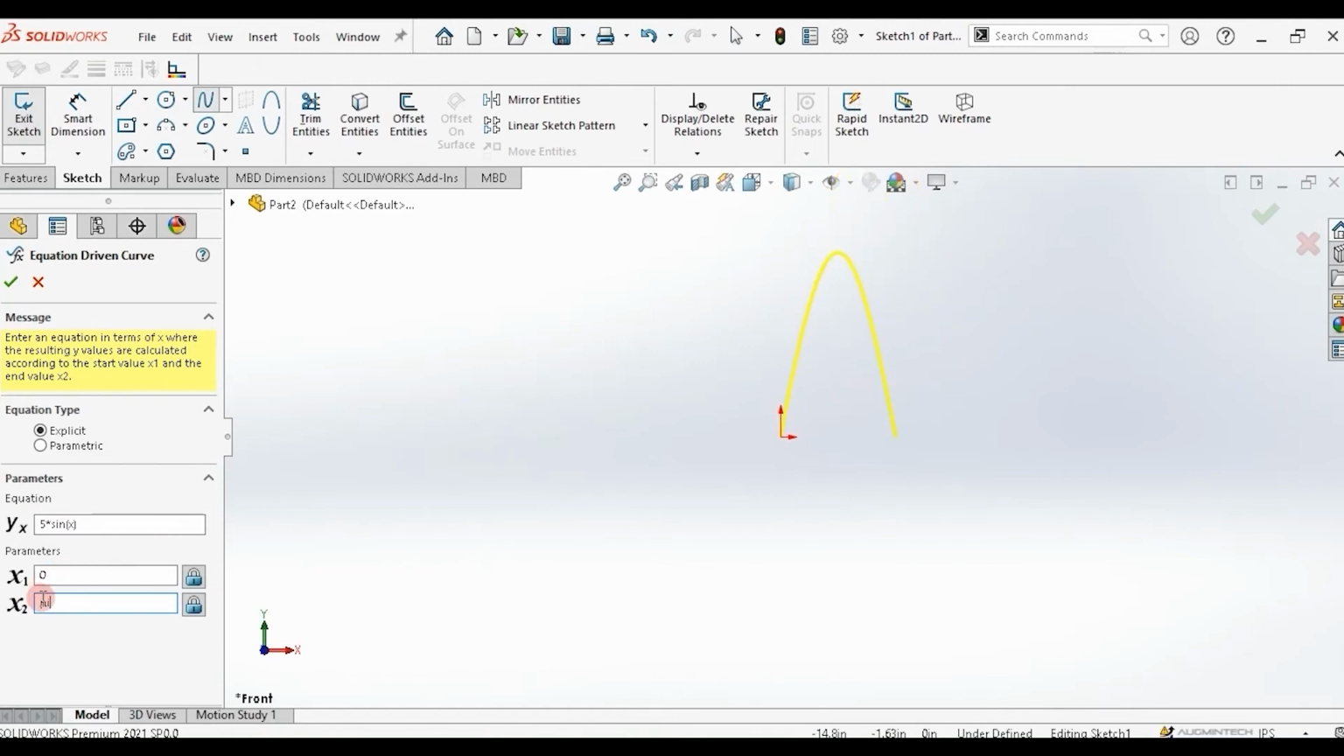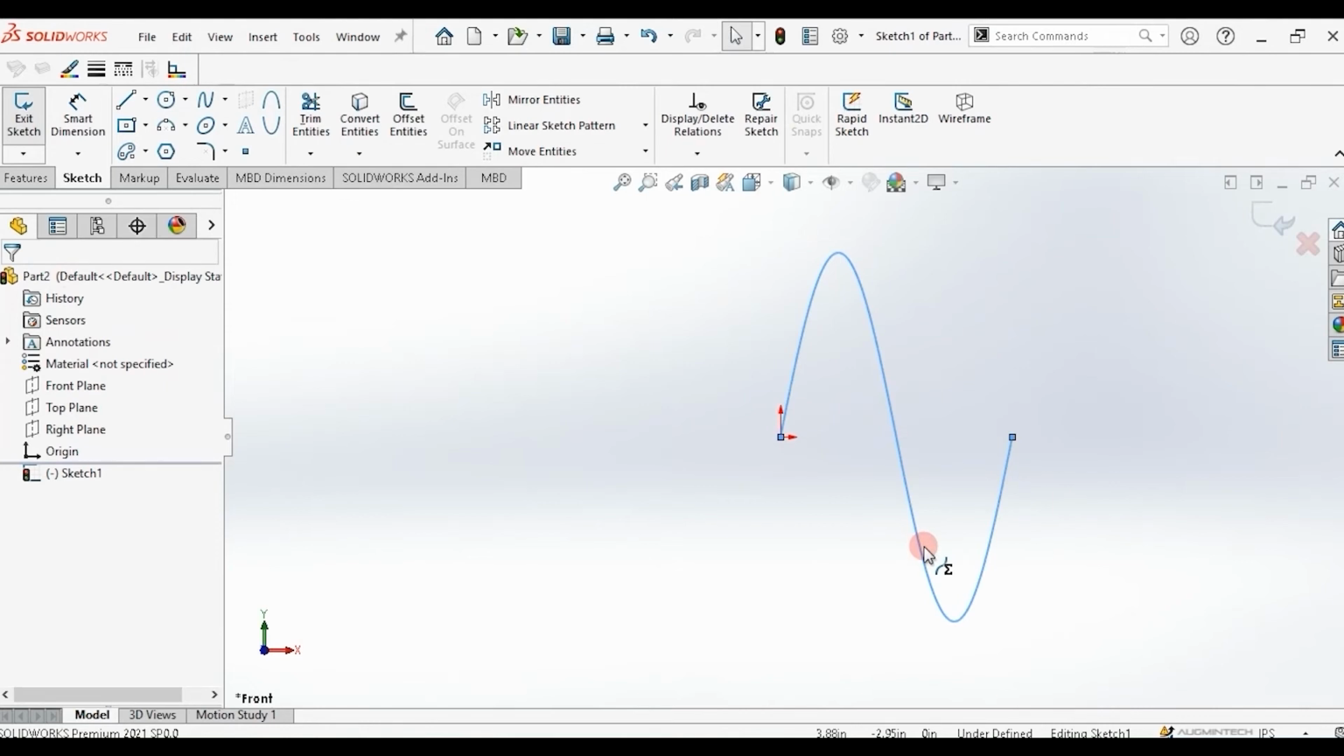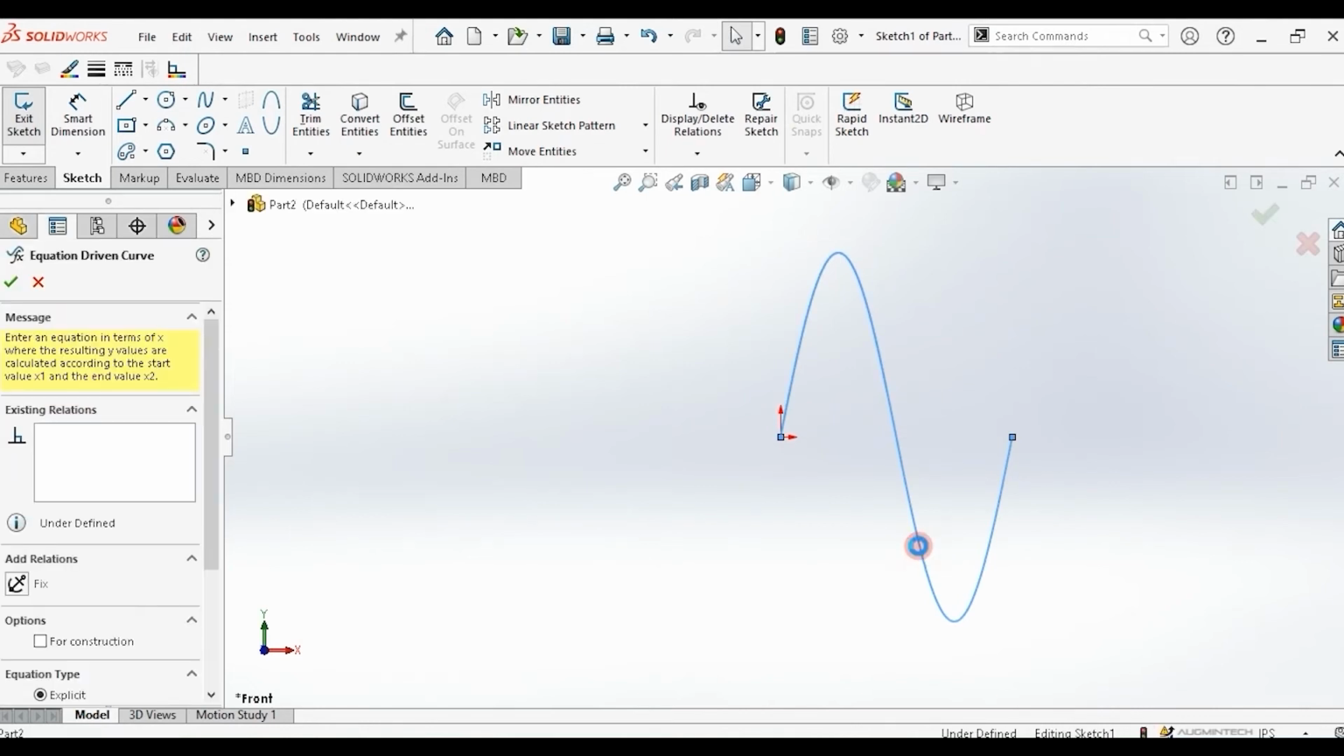If I increase this final point, then let's check what will happen. 2 into pi. So this equation will be changed from the initial value to the final value. It is one cycle of a sine wave. So in this way, we can draw equations in Solidworks. Let's check how we can modify this equation. So just double click on the curve and go to